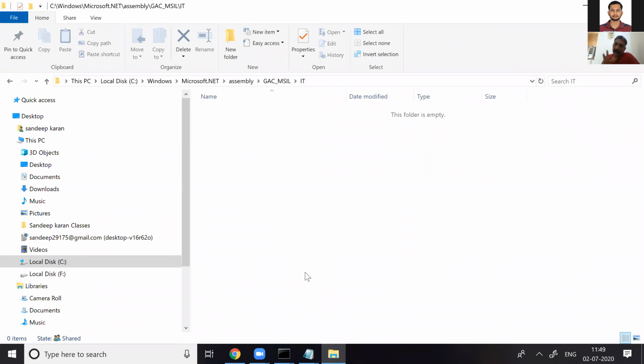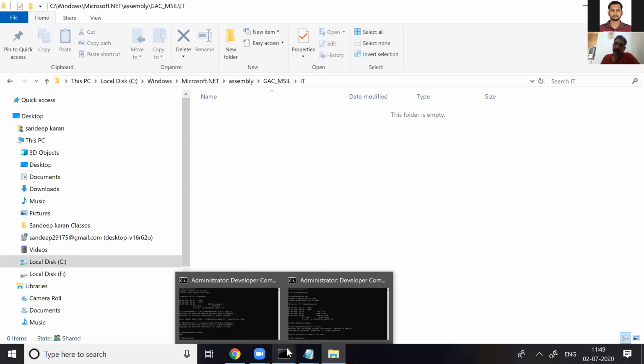So once you have made a DLL, you keep it in whatever folder, doesn't matter. The CLR will extract the key from your DLL and move to the GAC MSIL folder for authentication. And you removed it. Now I want to see why you registered your DLL in the GAC.